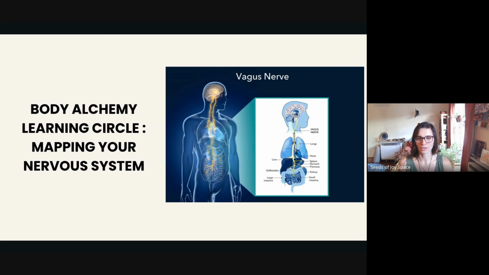But first, I wanted to explain very briefly what the nervous system is, because sometimes we talk about the nervous system, but we might not really know what its function is. And it's a very important system in our body. So the nervous system includes the brain, spinal cord, and a complex network of nerves. And it's our communication system in the body. So it sends messages back and forth between the brain and the body. And the brain is what controls all the body's functions.